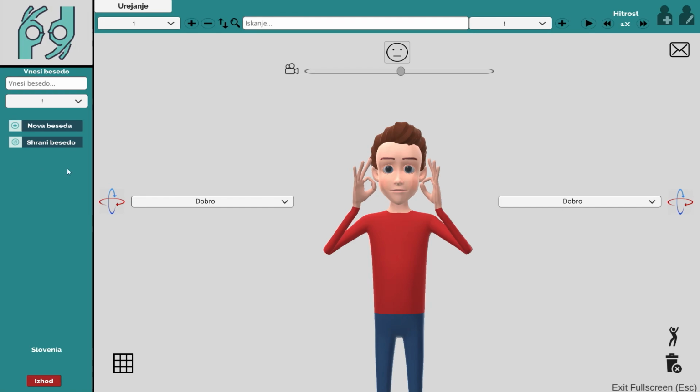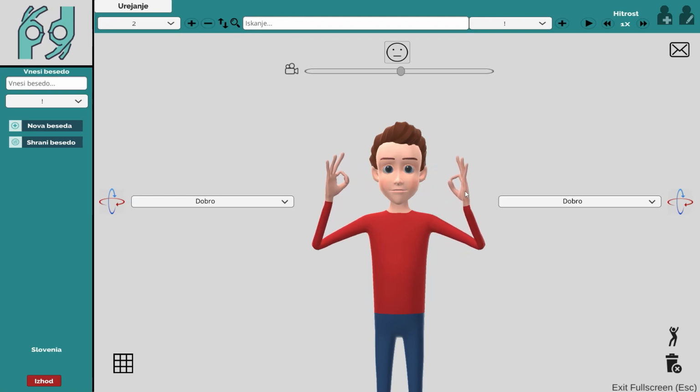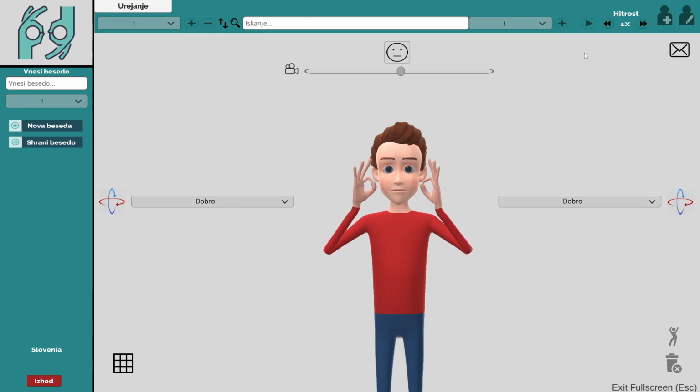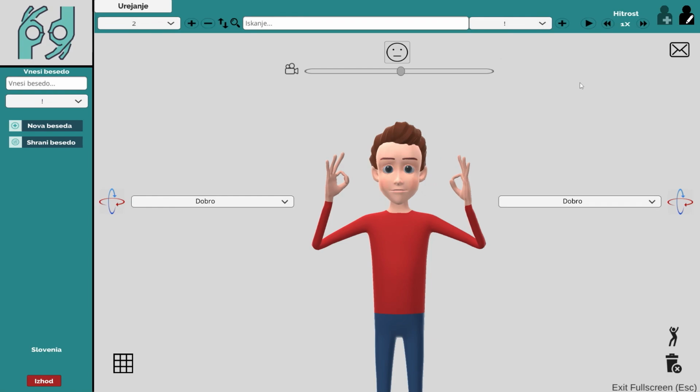After we have set both hands to the correct orientation and location, we can add a new avatar position. We will adjust the new position by moving the hands slightly back and further out from the face. We can now try to play the animation to see if it looks right. It should look almost like the avatar is stroking his whiskers if he had some.